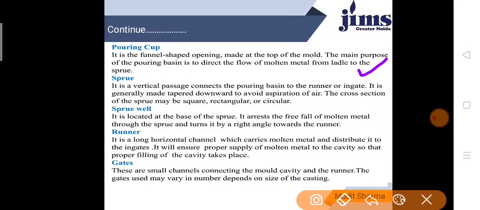Second is the sprue. It is a vertical passage connecting the pouring basin to the runner or ingate. It is generally made tapered downward to avoid aspiration of air. The cross section of the sprue may be square, rectangular or circular. Next is the sprue well. It is located at the base of the sprue. It arrests the free fall of molten metal through the